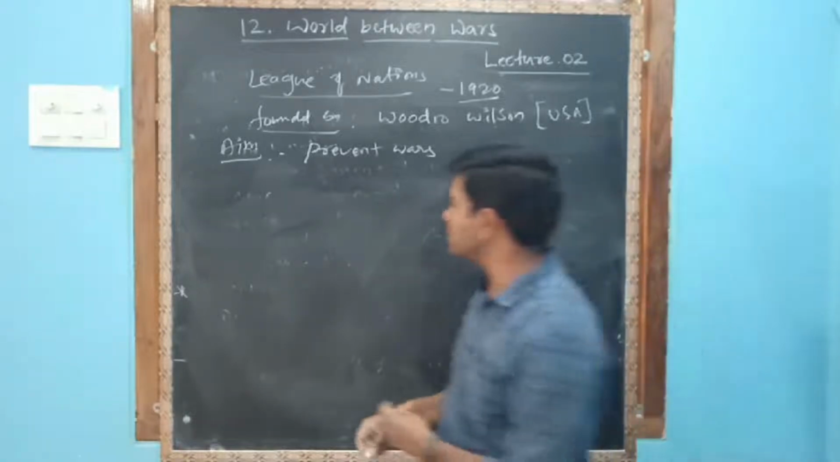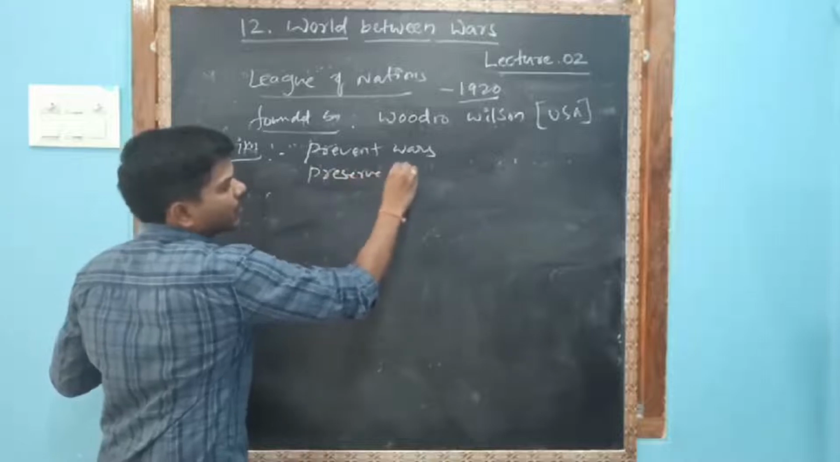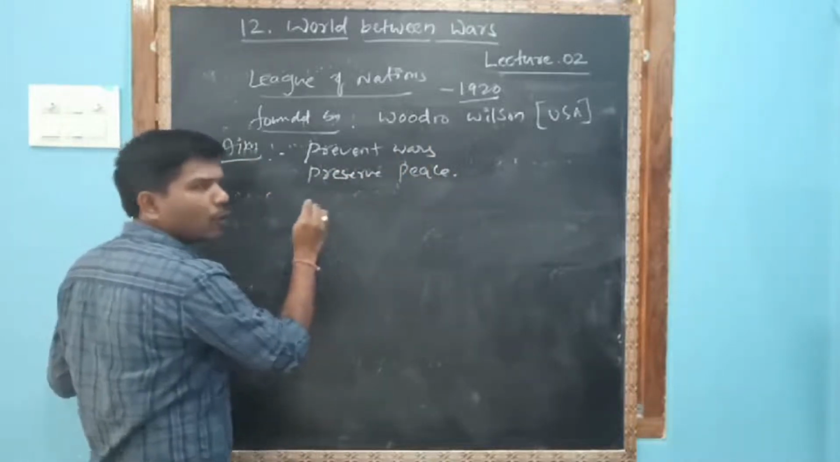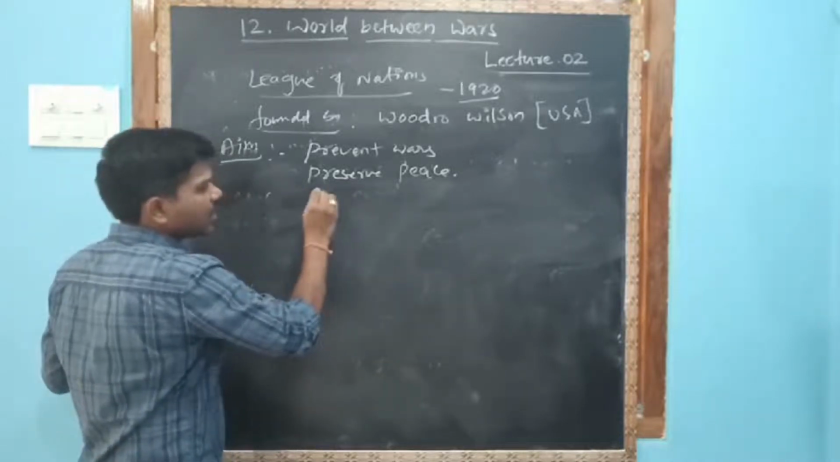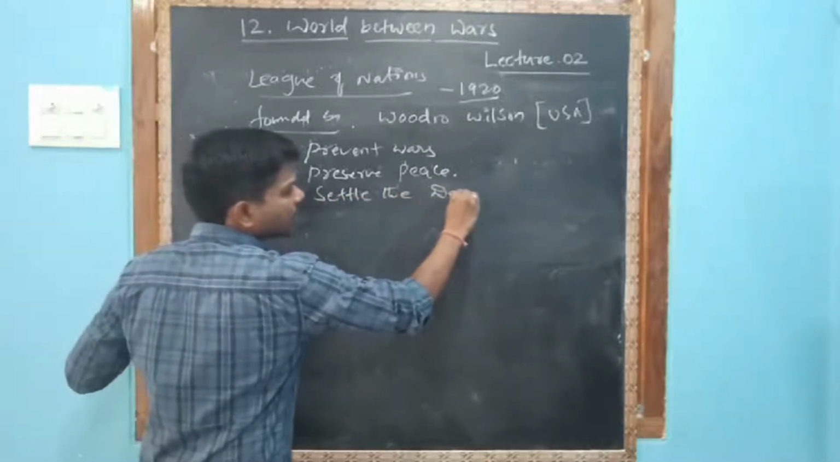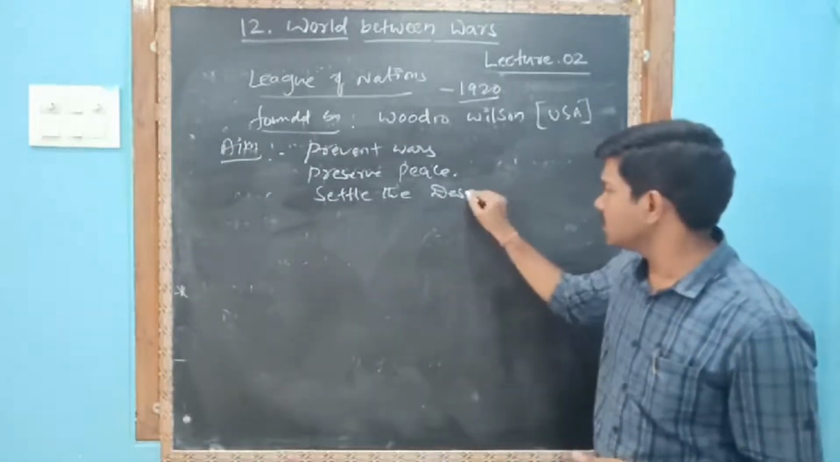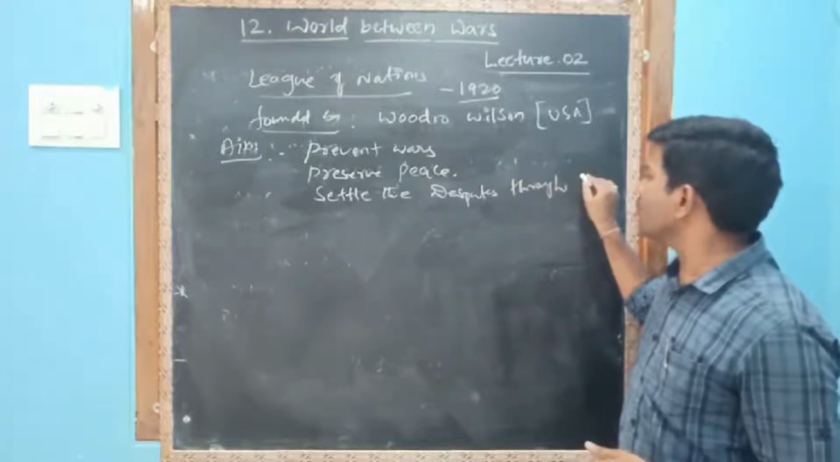So prevent wars, preserve peace, next uphold human rights or settle the disputes. Disputes means what? Disputes means fightings, wars. Through how can they settle the disputes? Through discussions